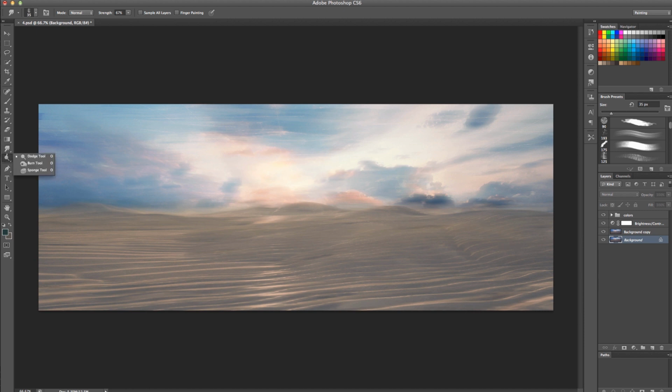So let's use the dodge tool here just to highlight some of the lighter areas of the image, just to give a bit more effect to the sun, just so you can really sort of catch the highlights on the dunes. That's really what we're after. Not much, maybe. Yeah. Okay, so I think we're almost done. Let's save that, and then